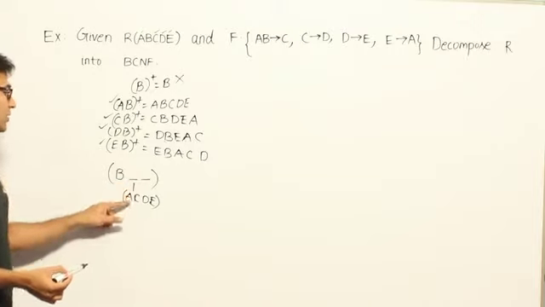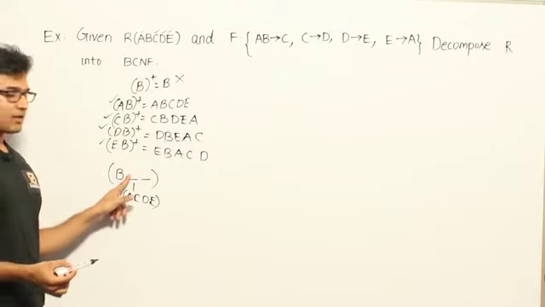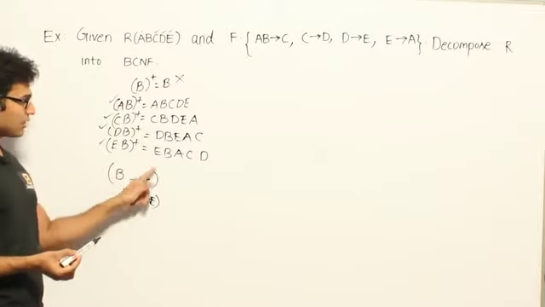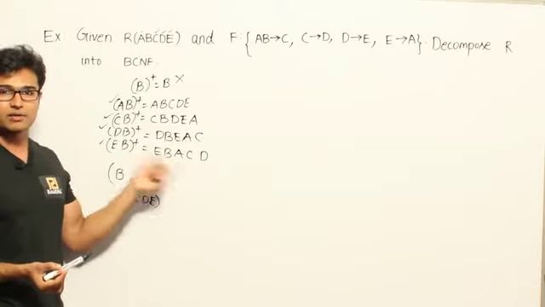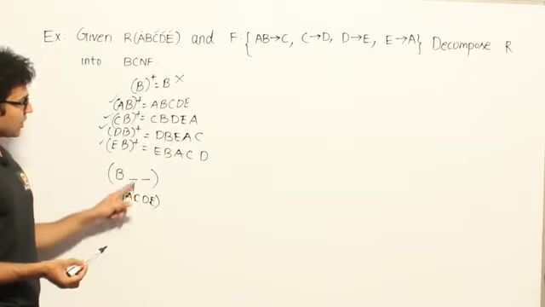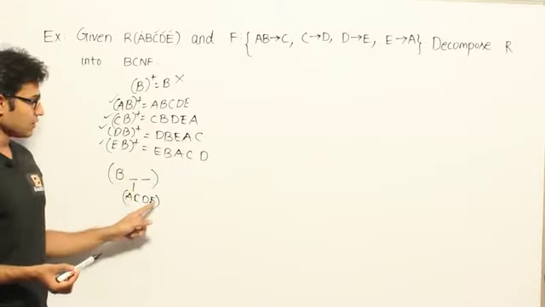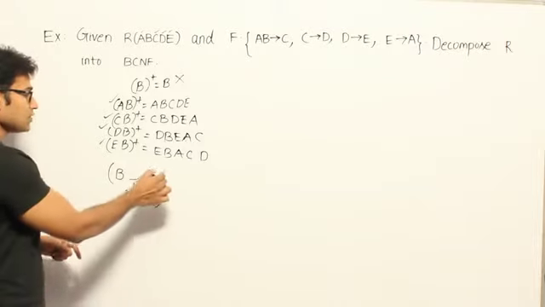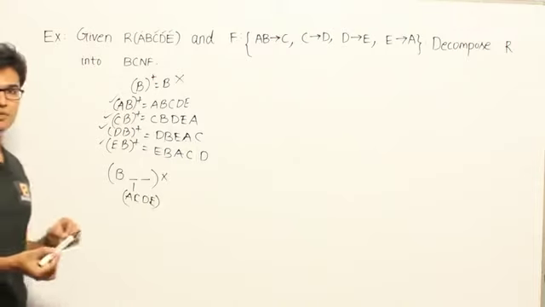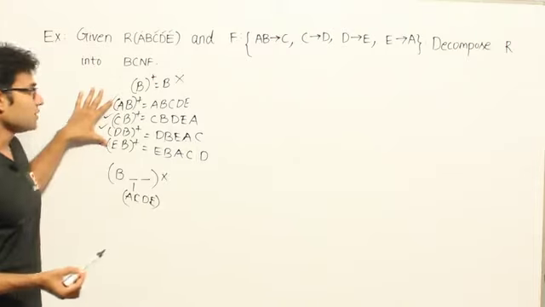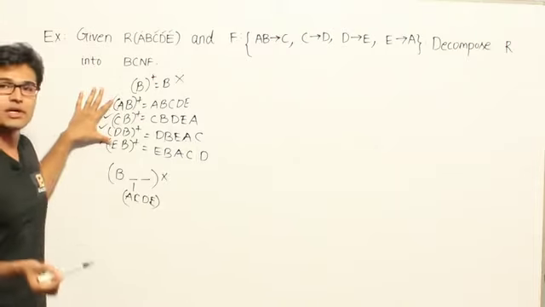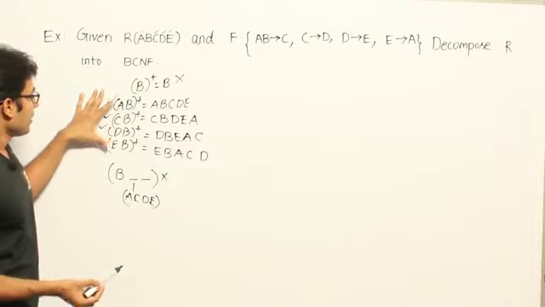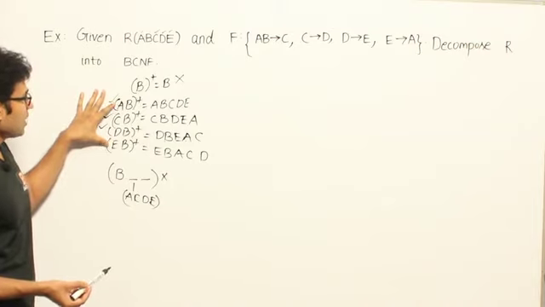Now if you try to include any one of them here, let us say I have included A, that will become the candidate key, and whatever you add here, it is going to make a super key, not the candidate key, right? Or if you try adding C, again it becomes a candidate key. If you try adding D, again candidate key. E, again candidate key. Therefore there is no way you are going to get any 3 attribute candidate key. So only candidate keys are these 4. Whatever else you get, they all become super keys in case if they qualify to be keys. Got it? Okay. Therefore we have all of this.